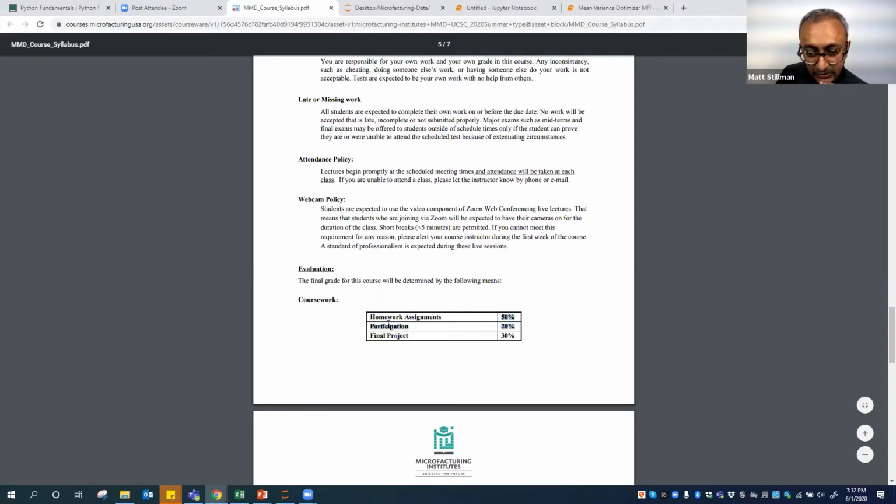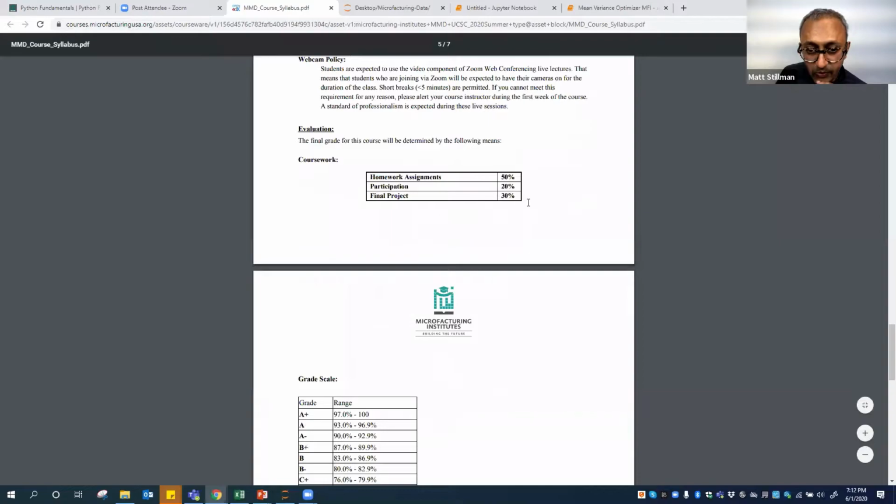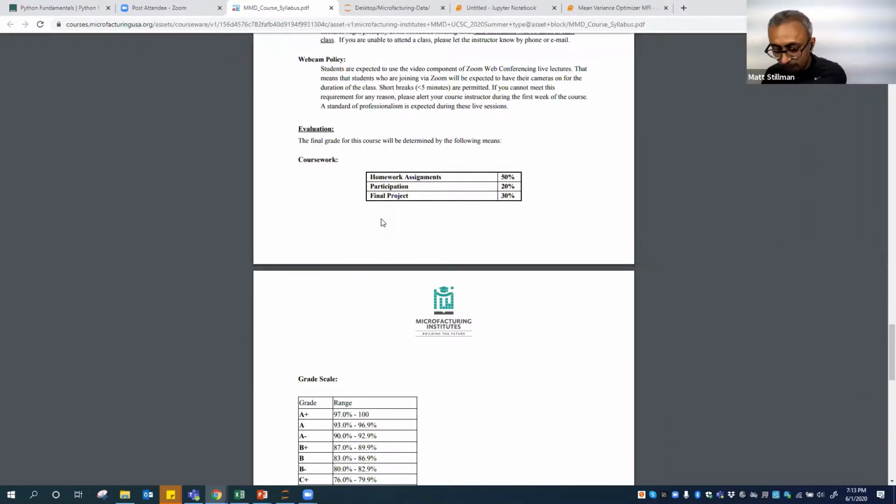This class participation also includes our interactions on Slack, and we'll try to see how we can assess that. And of course, the final project, which is 30% of the grade. The project is pretty open-ended. So I'm going to give you some flavors of how I